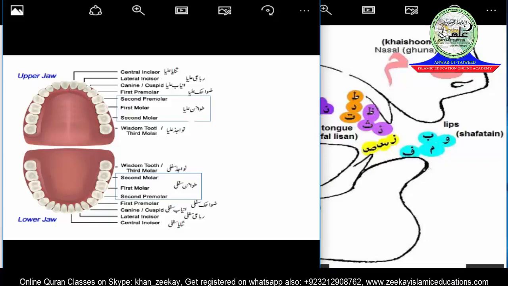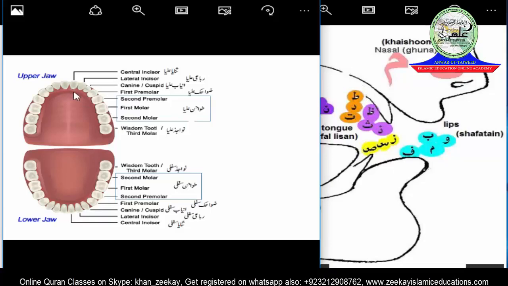The next region is the tip of the tongue when touching the edge of the upper central incisors, thanaya ulya. Now, the difference between the origin of to, dal and ta and the origin of lo, tha and dal is that in these letters which are in orange color, the tip of the tongue will touch the root of the teeth, this part